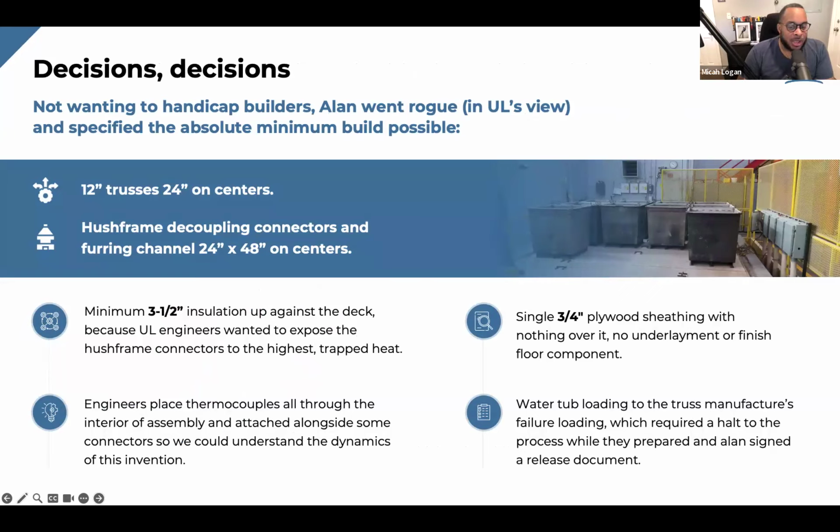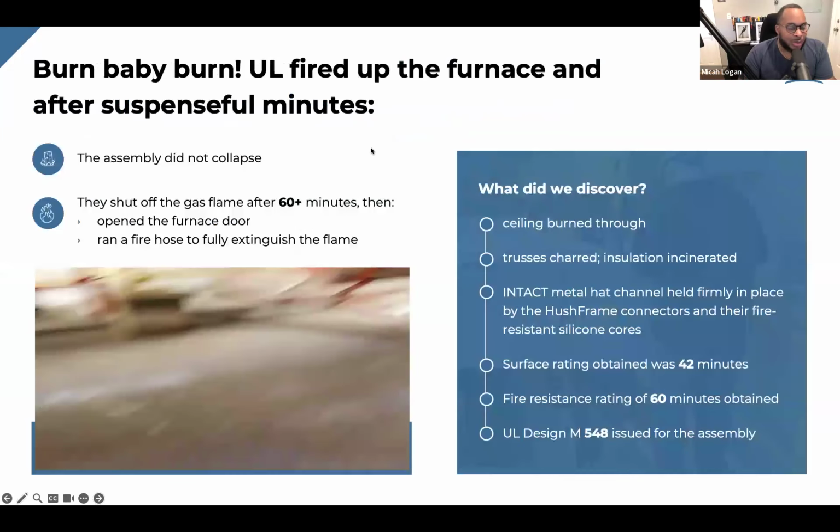How much did those water tubs weigh, or what was the total weight? Do you remember? I don't recall the total load. I guess we probably tested it at 100, maybe 140 pounds a square foot, or 150. Right. Whatever the max dead plus live load was from the manufacturer is what we put on it. That's right. So then they fired up the furnace with all the load on there, and then, you know, the game was on. So here in this video, what you'll see is, actually after the flame was extinguished,